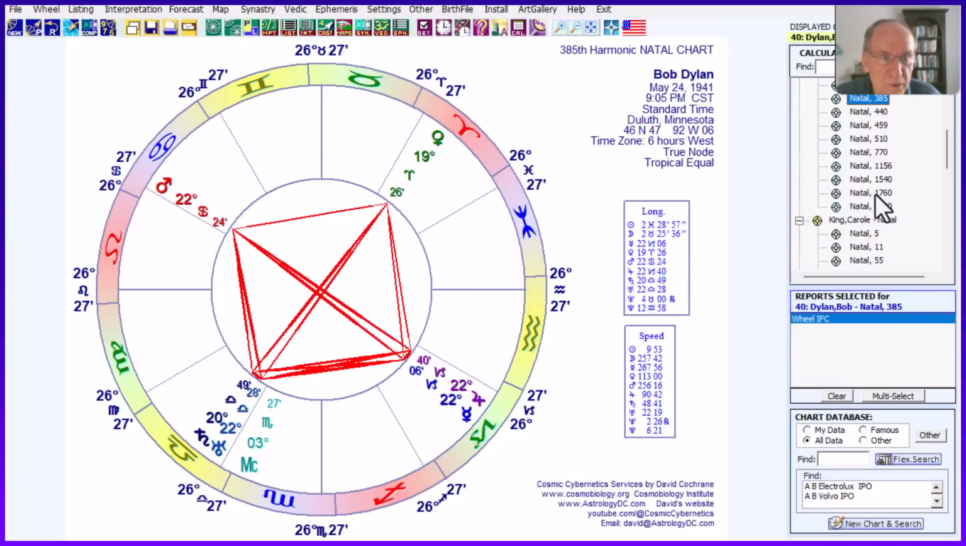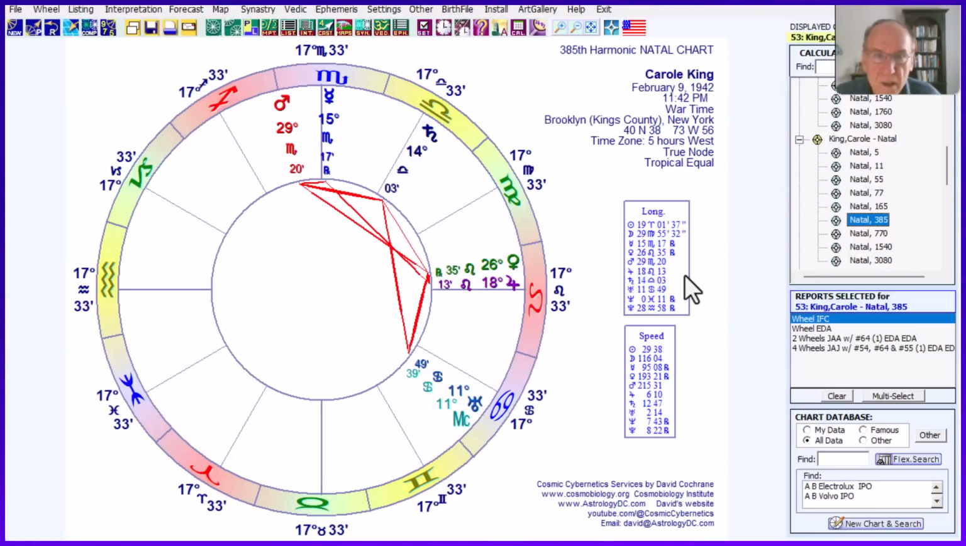There's Bob Dylan's. Let me just show you one other. Here's Carole King's. I'd have to switch to her planets. I already showed it to you. So you got the idea that you've got those hard aspects in 385. Okay, so let's